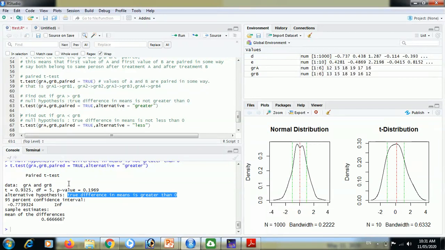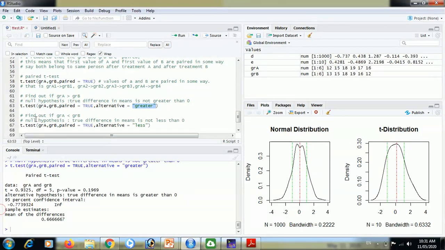Therefore, group A is not greater than group B. Our conclusion or inference from this test, because our p-value is 0.1969 and we have used the alternative greater, is that statistically group A is not greater than group B. Right? We'll do other tests also to check whether group A is actually greater than group B or group A is not greater than group B.